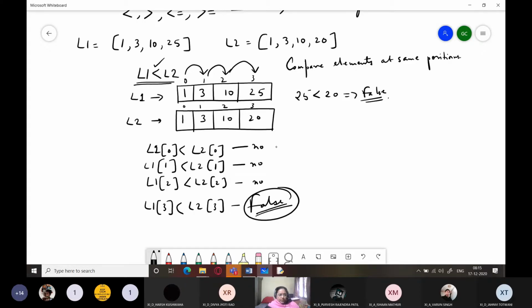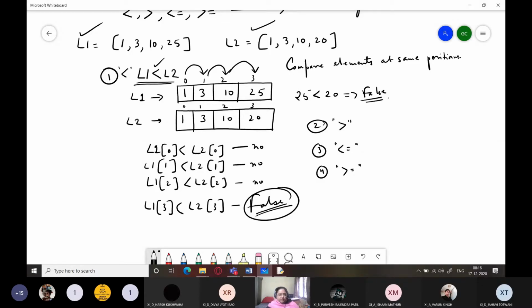You people are going to send me the result for the same two lists. This was our first one, that is the less than operator. You will be doing it for the greater than operator, less than equal to operator and greater than equal to operator. Yes, please take a look at this. Take your time and send me your answer. Same list is there. You have to send me the answer for these operations.